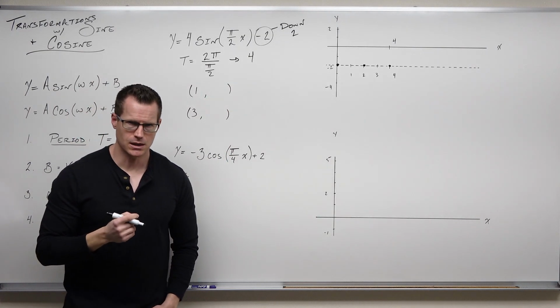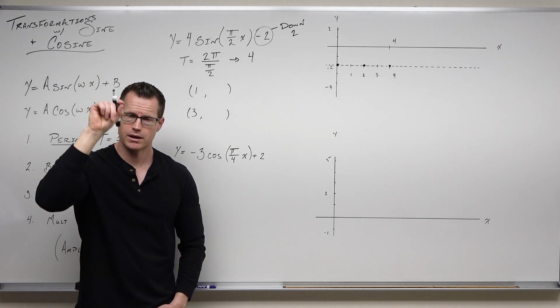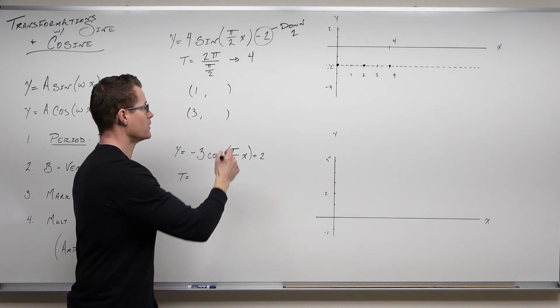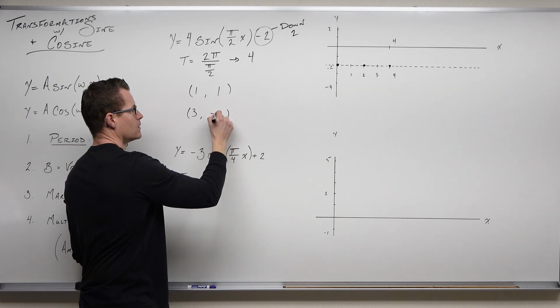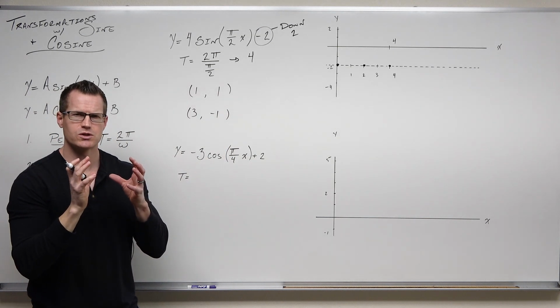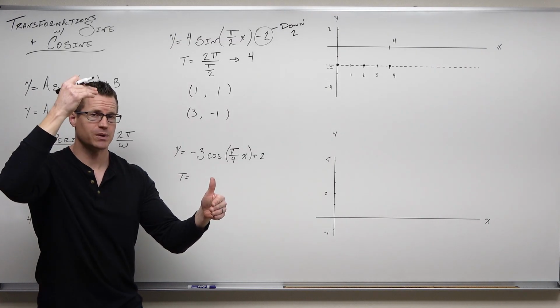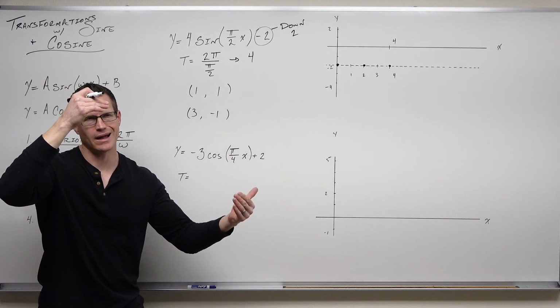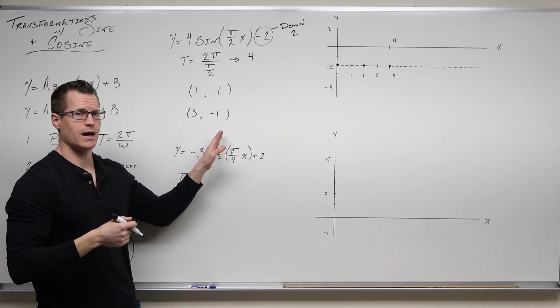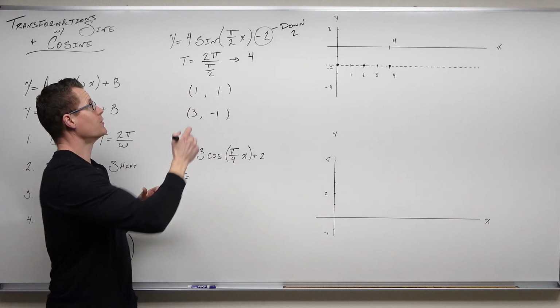Remember what sine does. Sine originally peaks at the first quarter at 1 and at the third quarter at -1. This is why it was so important for you to remember that, yes, those key points on the original sine function are great, but the way they refer to is first quarter and third quarter. Peak at 1, peak at -1, or valley, I suppose, at -1. That's what we have here. First quarter +1, third quarter -1. Then we allow this